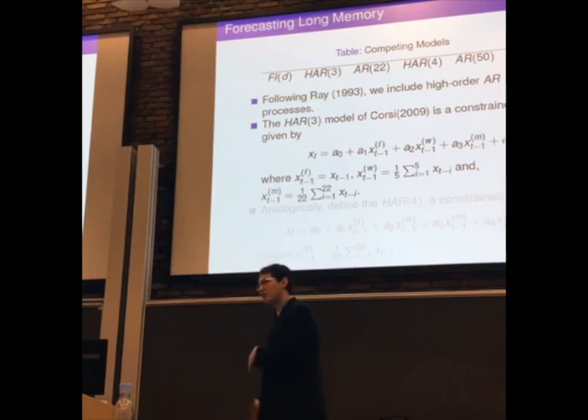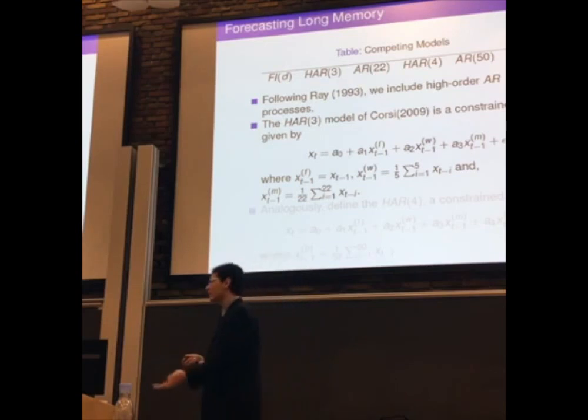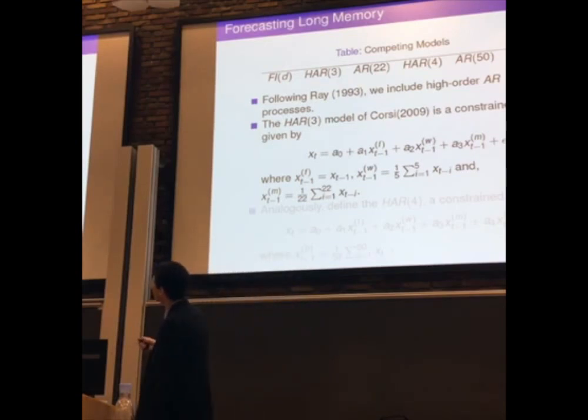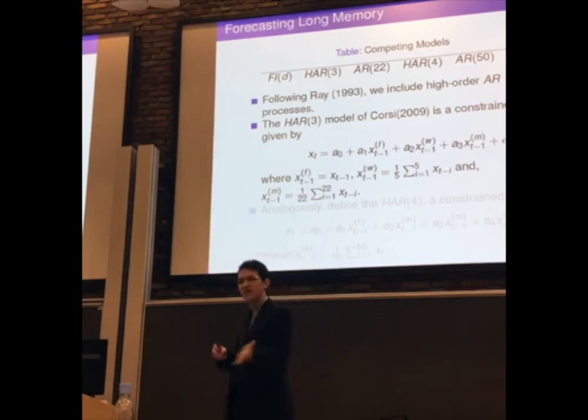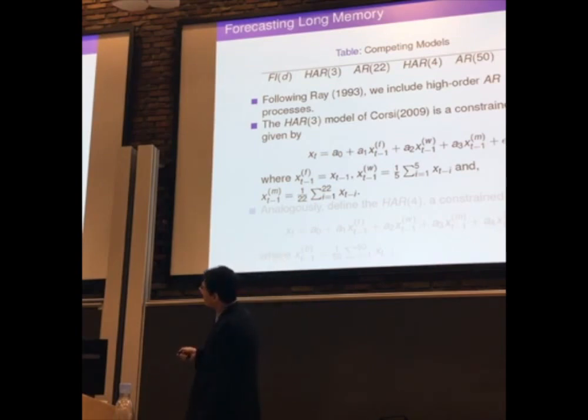Nonetheless, we have some other agents that don't want to update daily. Maybe they want to wait until the end of the week. So that would be the second component, the weekly component. And then probably some agents that don't want to update that frequently, maybe they can wait till the end of the month. So, in a sense, pension funds, that kind of thing, they don't want to update frequently, they can wait till the end of the month. What we end up with is this model that actually reacts to the three agents, the daily, the weekly, and the monthly. So again, you see this is an AR22, just replacing.